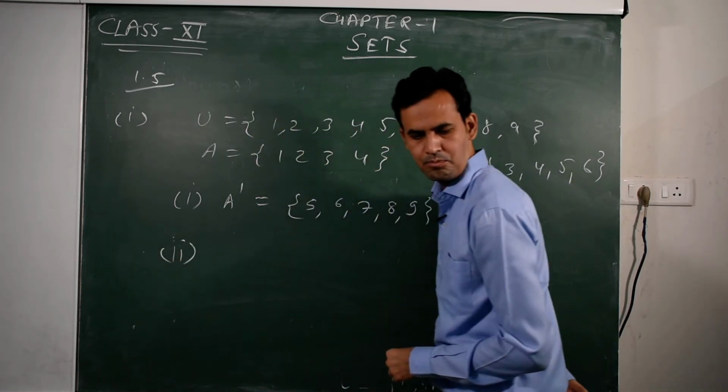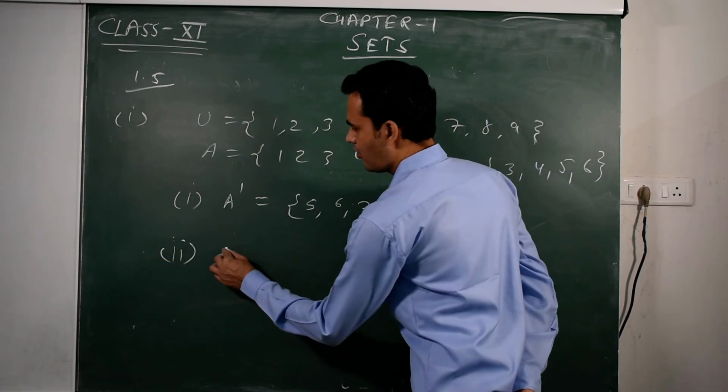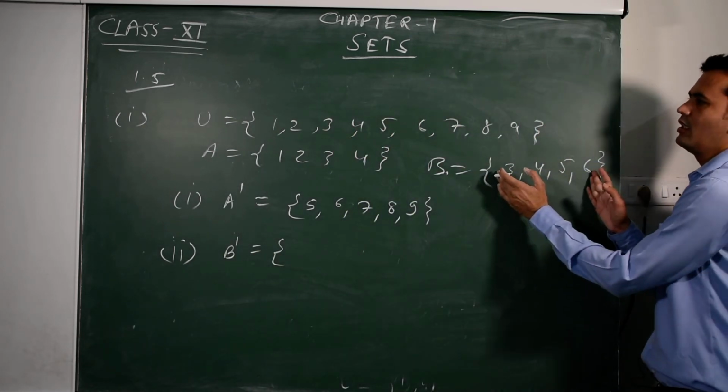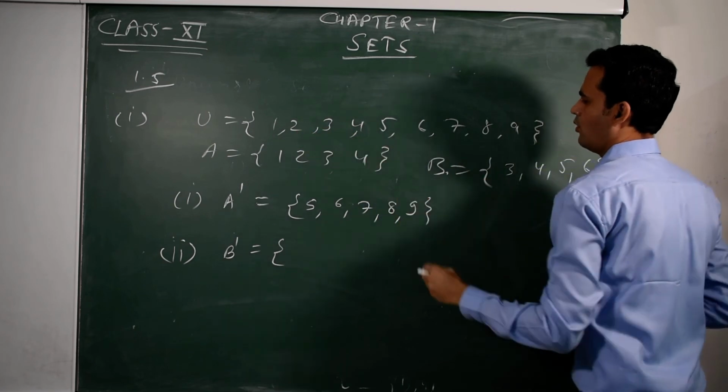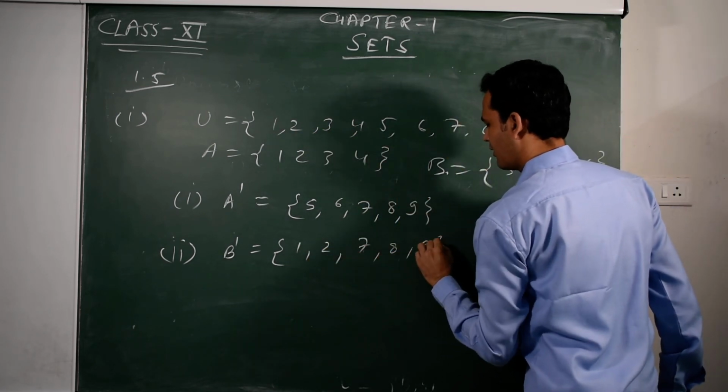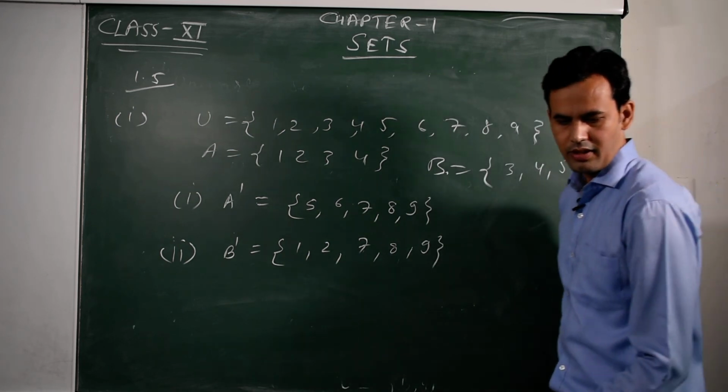Then second is B complement. B complement, all elements of B, 3, 4, 5, 6, remove. So 1, 2, 7, 8 and 9 is B complement. Then third,